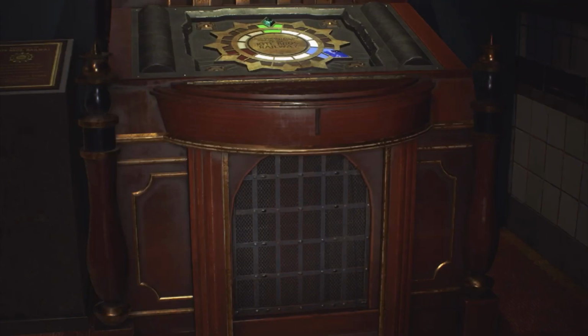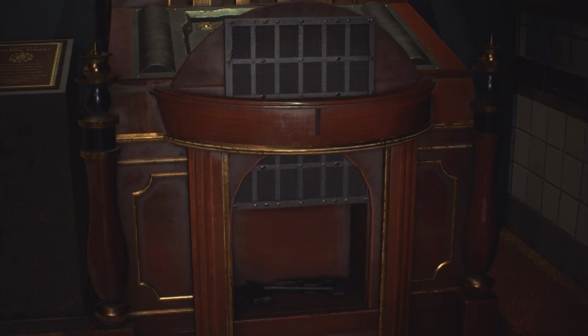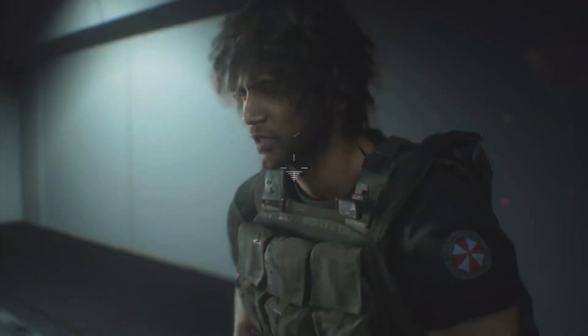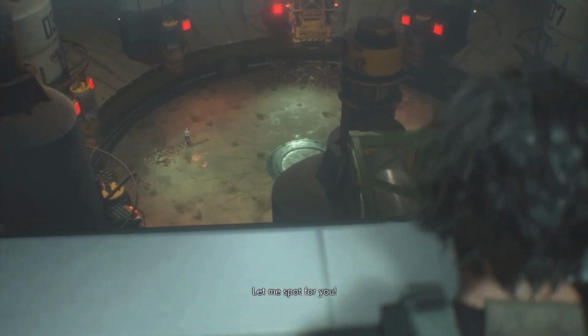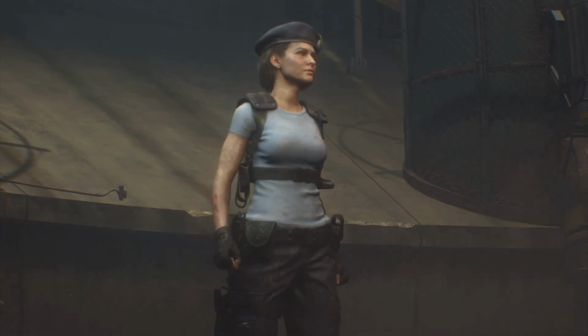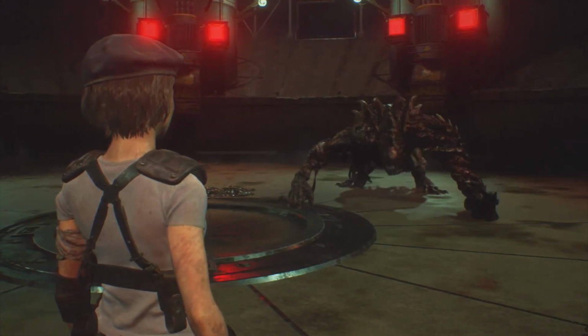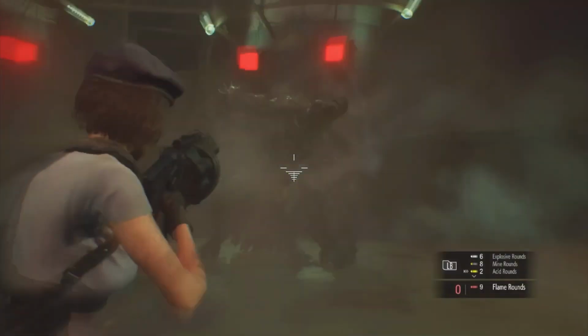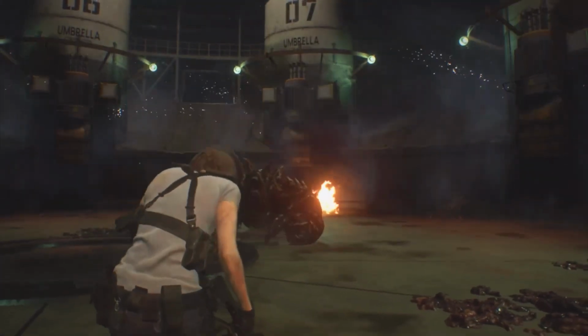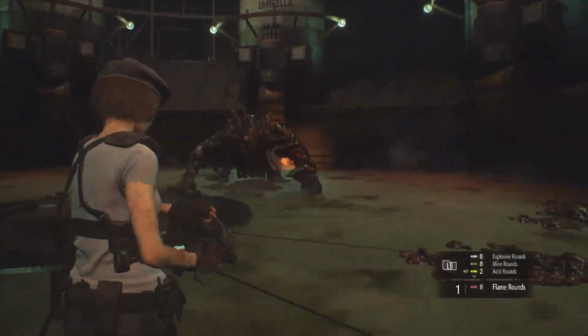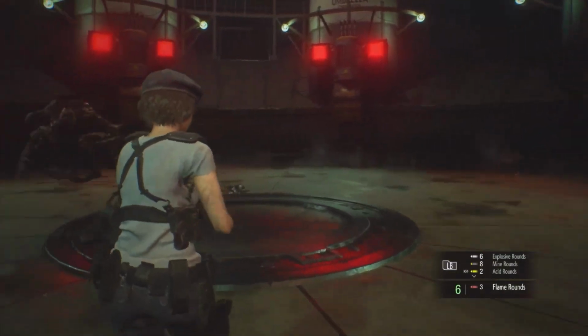Some crazy Umbrella scientist had taken either Moira or Carlos hostage and used them to bait you here, because this scientist wants whatever kind of T-virus genetics are going through Jill's veins. Doesn't matter if she's dead or alive. The scientist wants to combine the T-virus with the mimic virus and try to create some crazy eugenics-based monster.